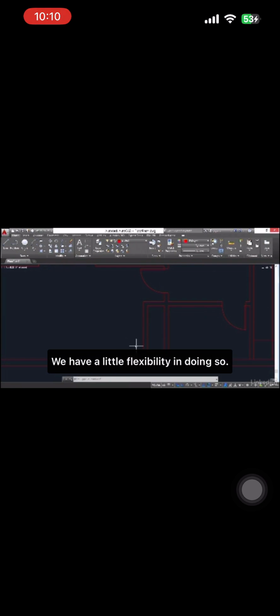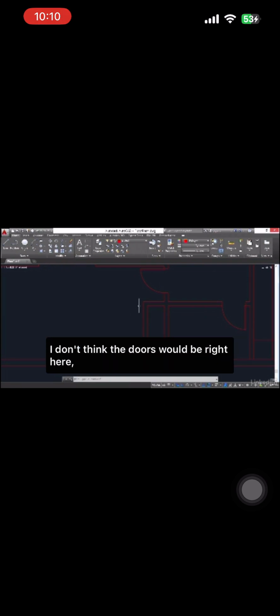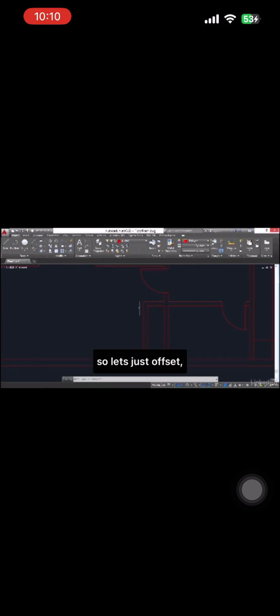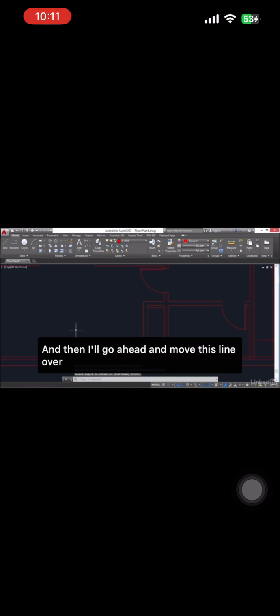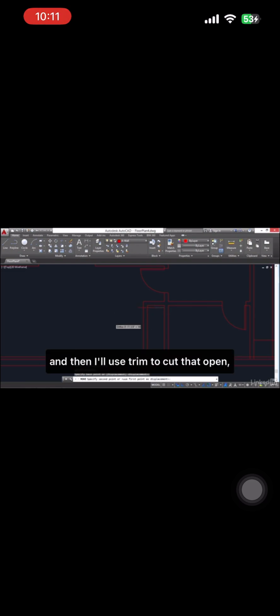We have a little flexibility in doing so. Now, I don't think the doors would be right here. There'd be a bit of wall that would stick in a ways. So let's just offset maybe 3 inches. We'll offset this down 3 inches, and we'll offset this up 3 inches. And then I'll go ahead and move this line over horizontally. And then I'll use trim to cut that open